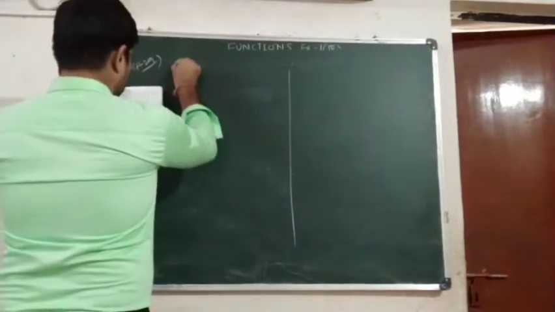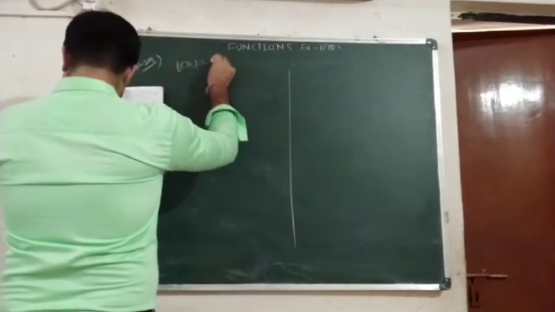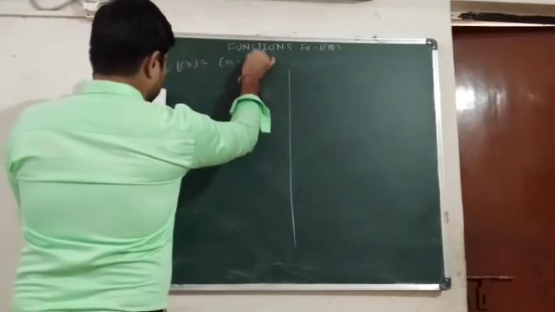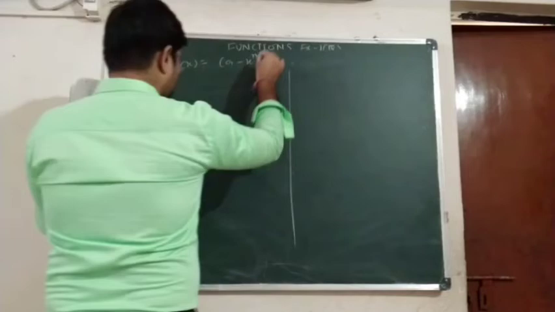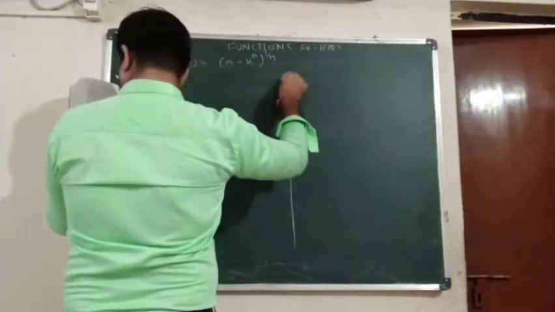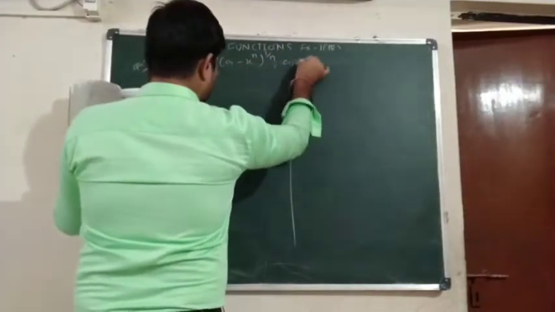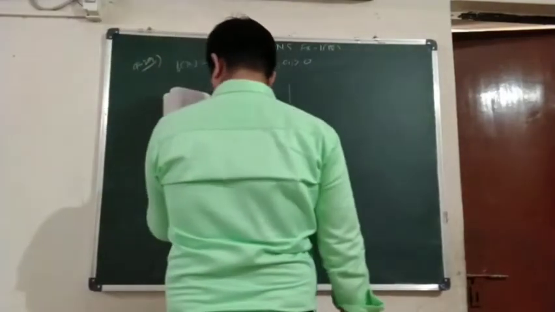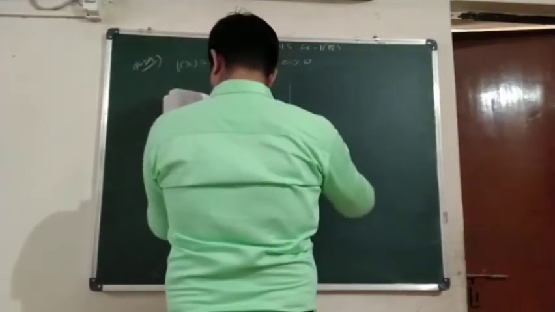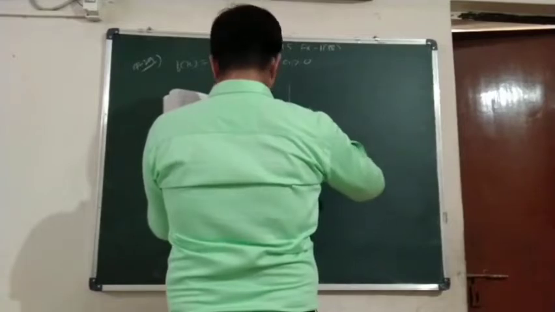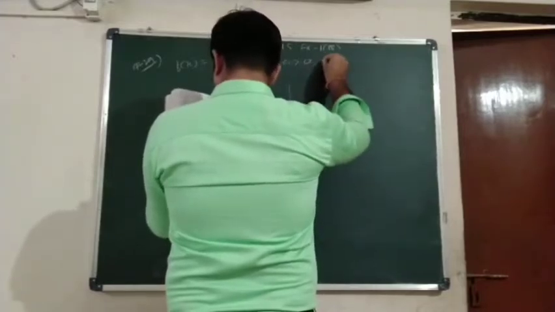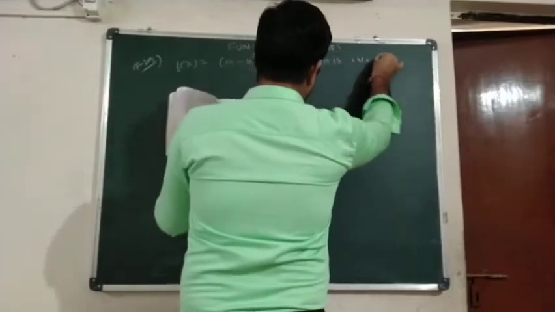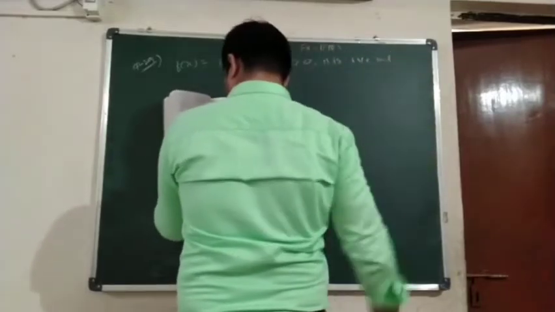It is given that f of x is equal to (a minus x raised to n) whole raised to 1 upon n, for a greater than 0. It is given that a is a positive real number while n is a positive integer. We have to show that